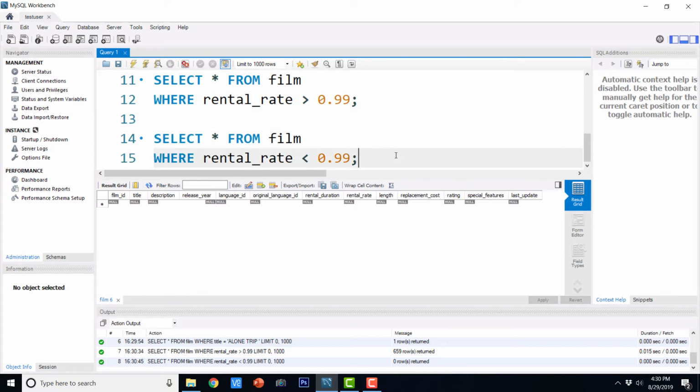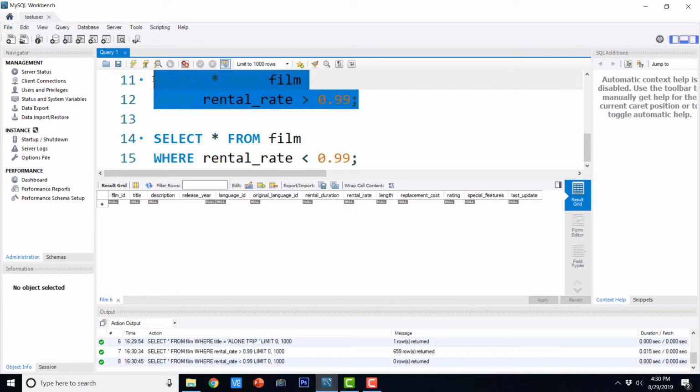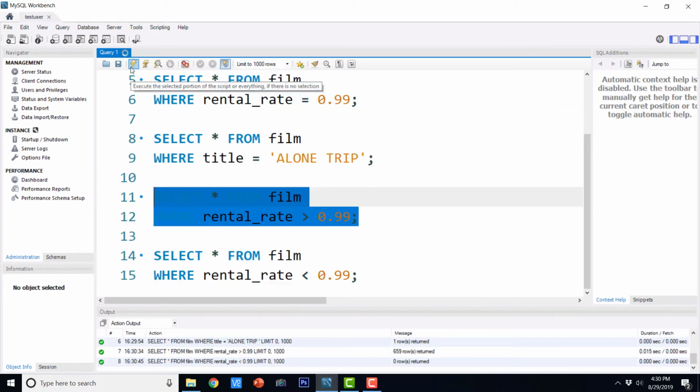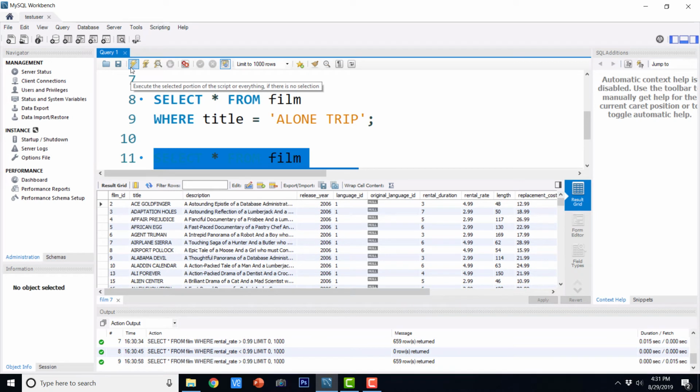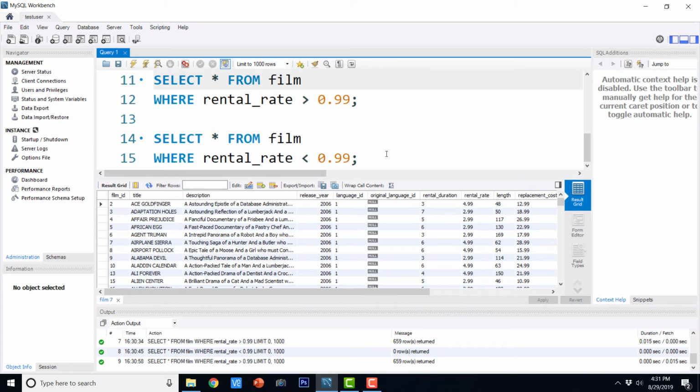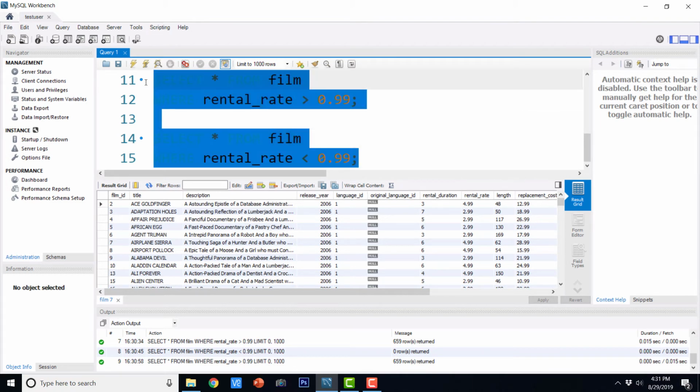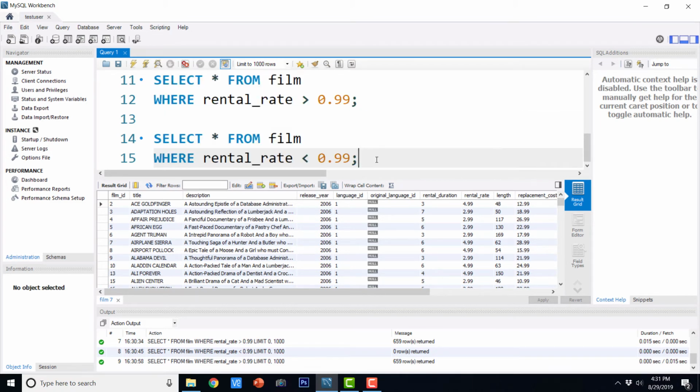Okay, so obviously there is nothing less than 0.99, but there will be plenty of movies where rental rate is going to be more than 0.99. Similarly, we can have even greater than or equal to or less than or equal to. Let me copy this, greater than or equal to and less than or equal to.